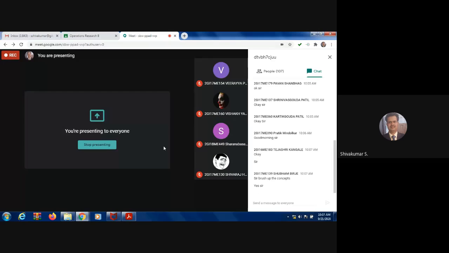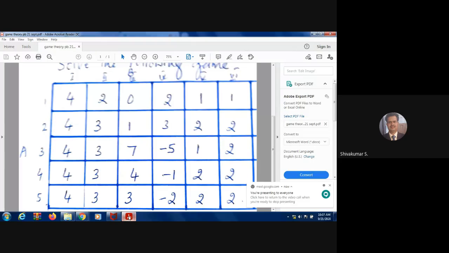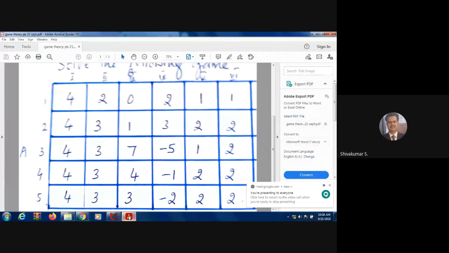Game theory is basically about a two players game, player A and player B. We always assume that player A is going to win the game and player B is the loser. Any minus value is a gain for player B. So if the entire matrix has plus values, all the outcomes are a gain for player A. If all are negative, then it is a gain for player B. That's how the strategy works in game theory.